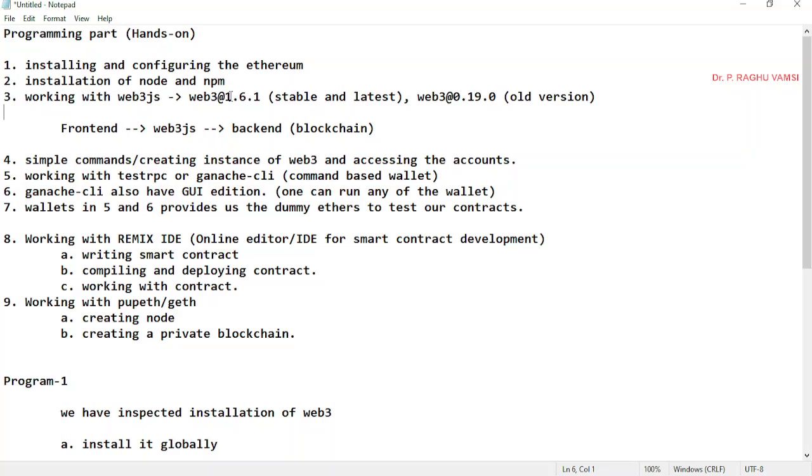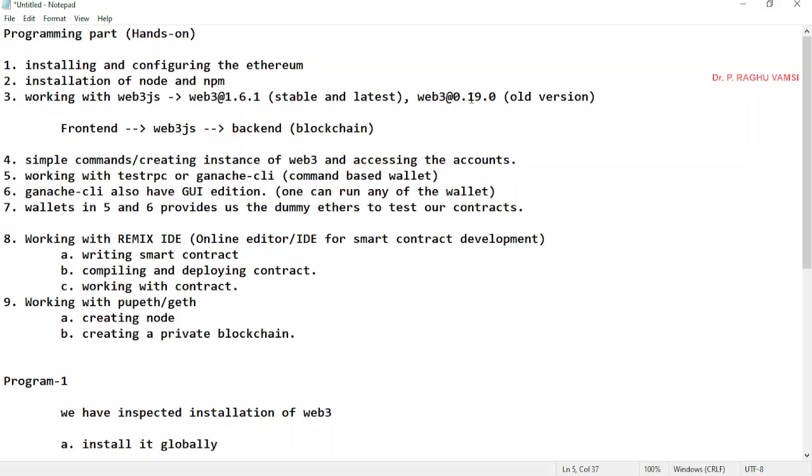If the function has not been successfully executed, what is the error it will return? So you need to handle, for every function call, both the error and success objects, and via that you need to capture the values. That is the problem with Web3 1.6.1. You need to always handle the promise functions, interpret them via the code, and then get the values. That is what 1.6.1 requires.